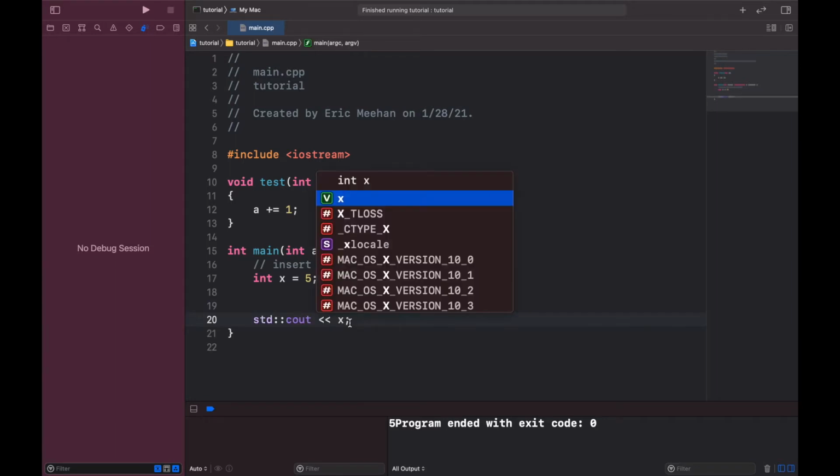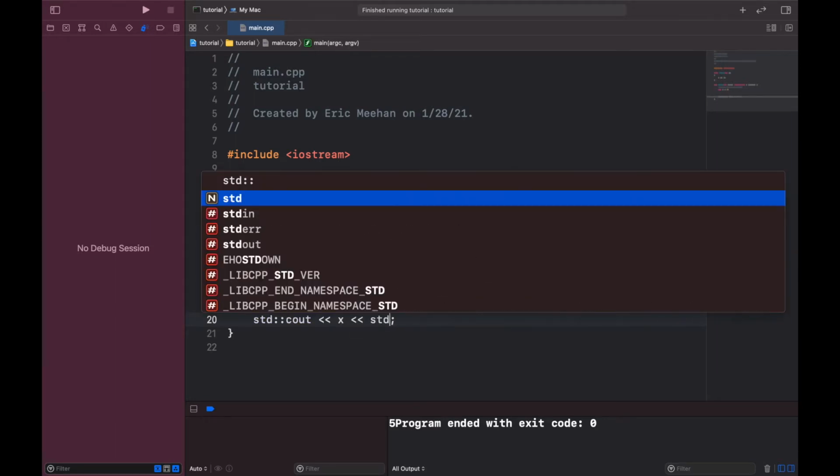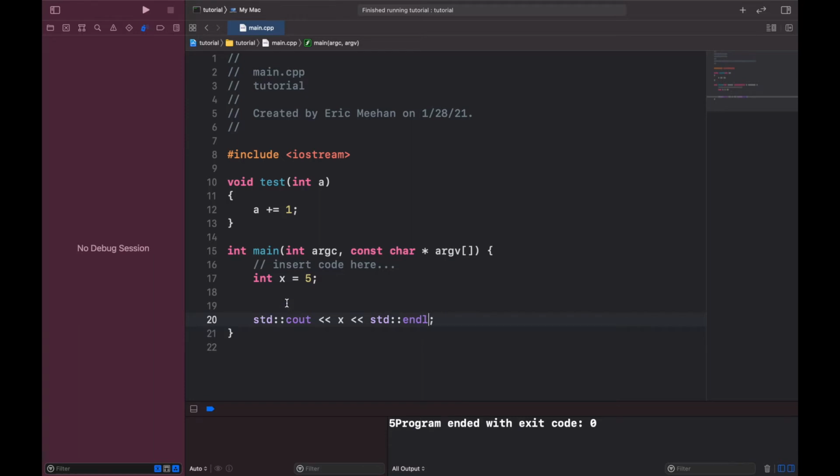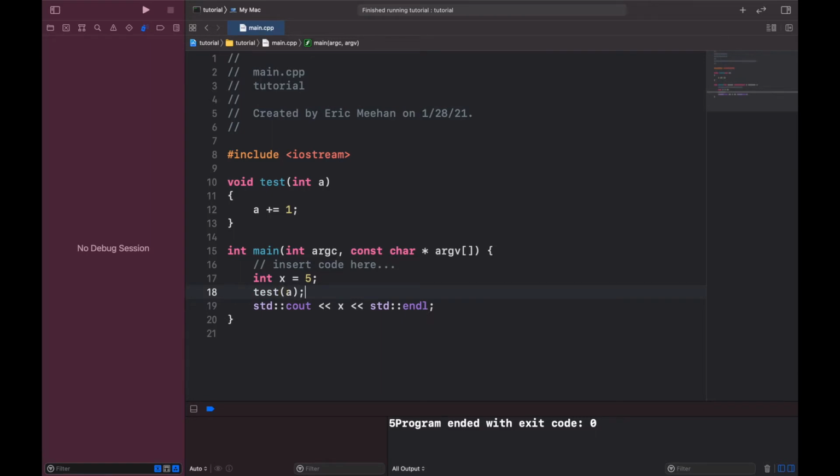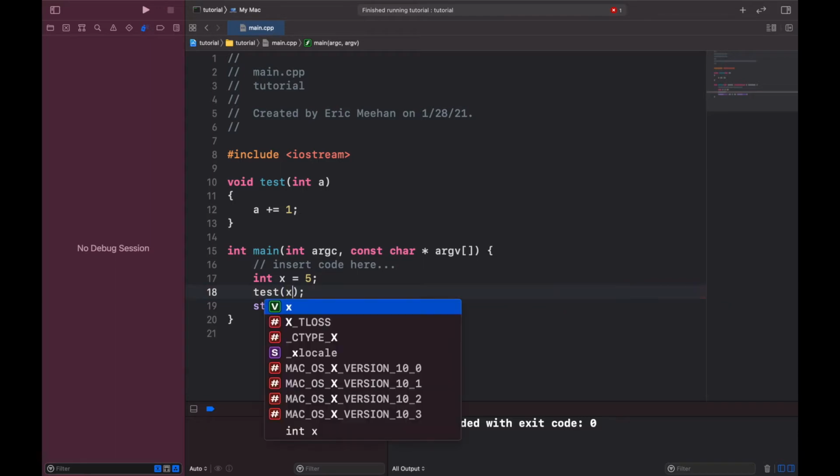I want to output x at the end. And in between, I want to call test on x. Now, given the scope of these variables,